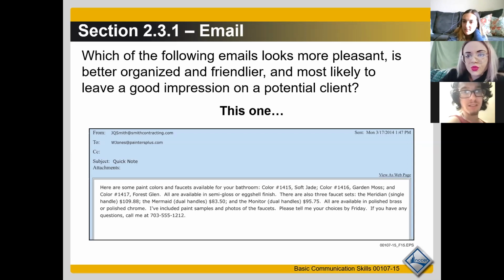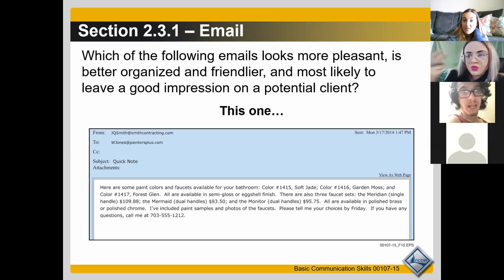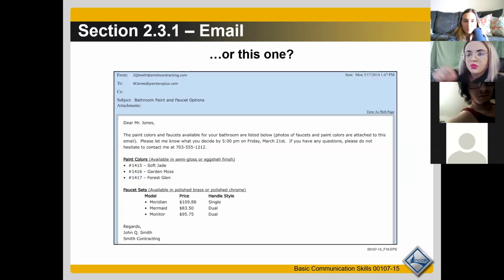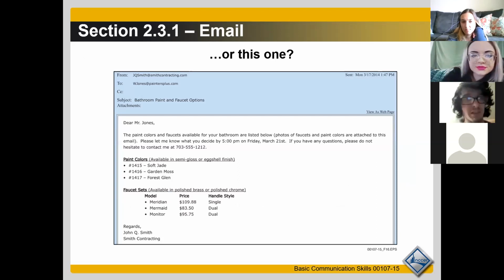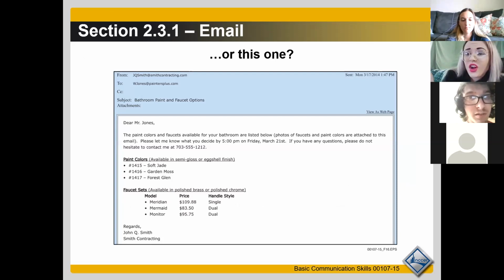What do you think? I'm gonna go with the second. And why is that? It lists the names, the prices. I haven't gotten to read the second one yet. It's more simple to navigate than the other one. You don't have to put stuff in order all crazy. Okay, because they already got it in order for you. Yeah, the second one. It just seems more simple.